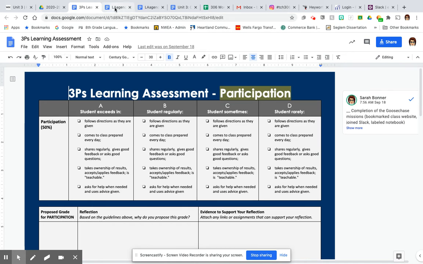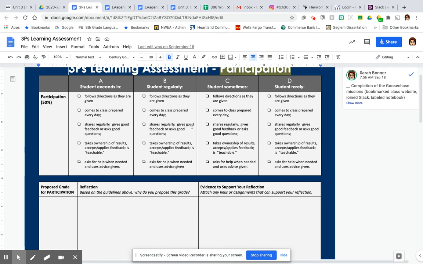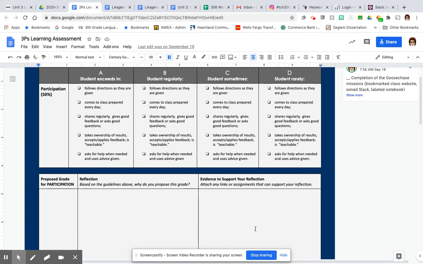You might be spending some time just getting yourself organized. For example, what might be the evidence you put here? And that might be making some lists or adding some links, or maybe you're bullet pointing some of your reflection pieces right now. So you're putting together all the pieces that you need in order to work on this document a little bit later in the week. That would be a good use of your 15 minutes on this document.